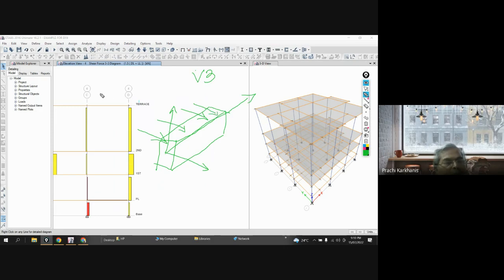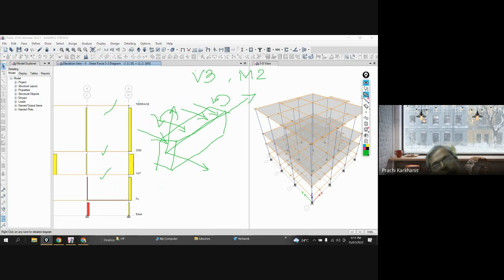And that's why, yes sir, you don't see anything. Or even if you are going for checking M2, you're trying to find out moment about 2, and that's why you don't find moment about 2 in beams,